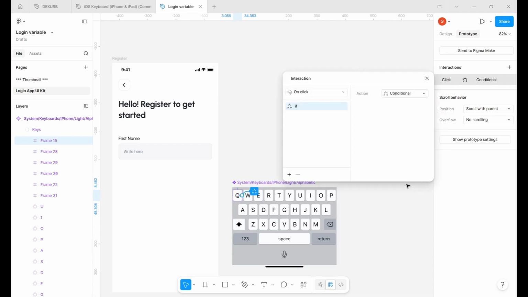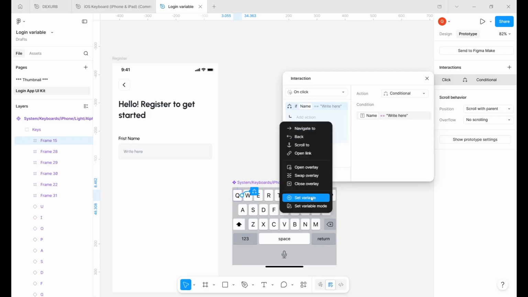This set conditional. I'm going to write a basic logic. I'm going to say if name equals to, I'm going to write an opening quotation like so. That's what you use for string in Figma. For any string variable, you need to open a double quotation. So if it equals to right here, let's just say right here, then I'm going to add an